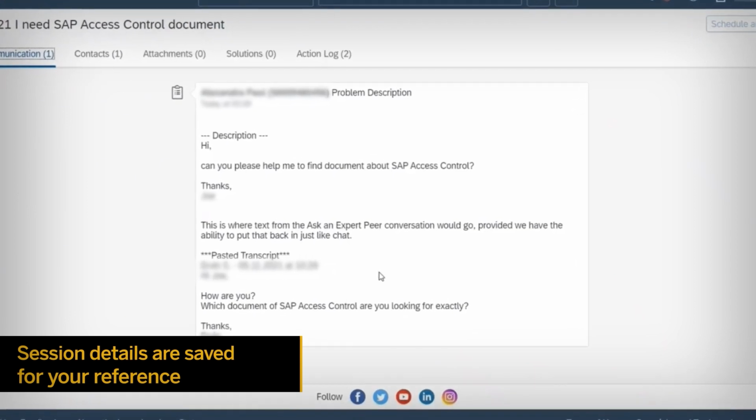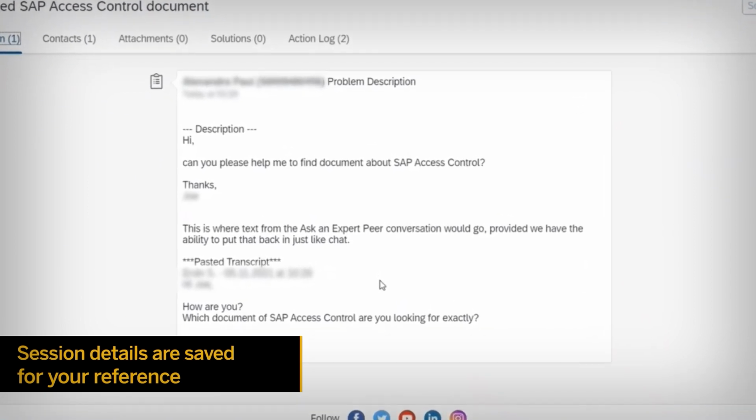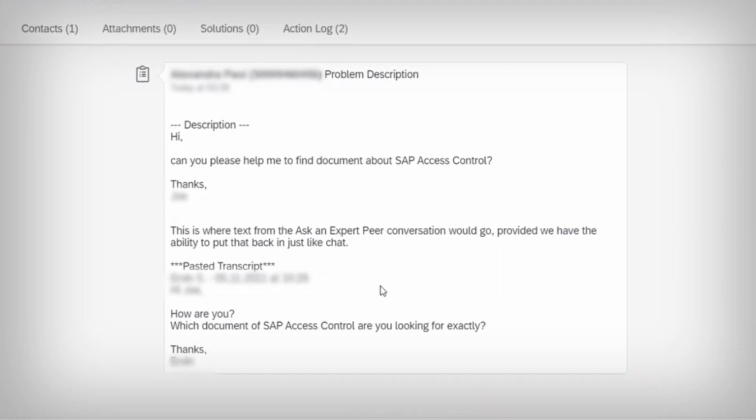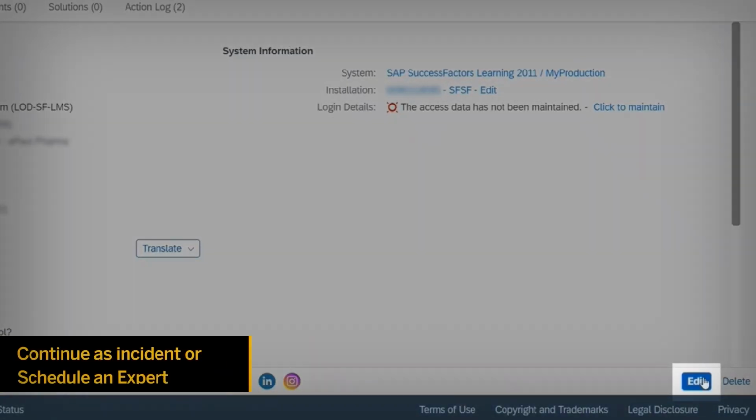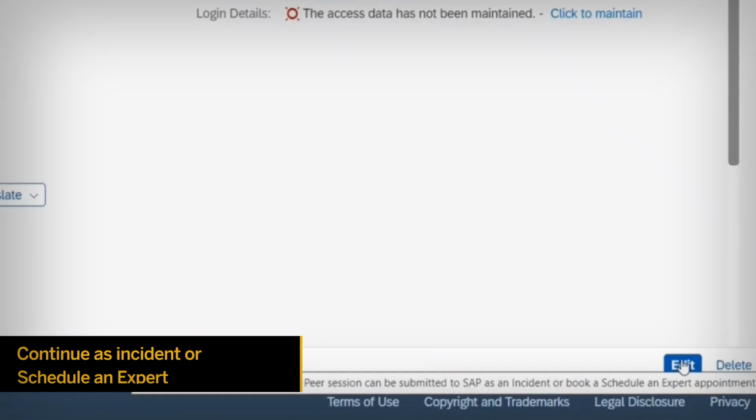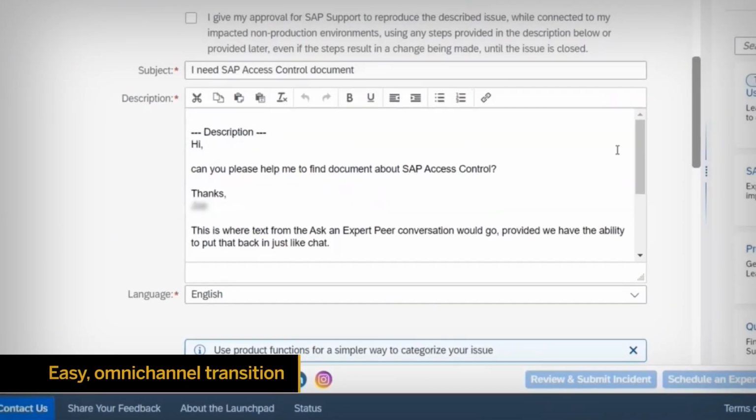If your issue is not resolved in your Ask an Expert Peer session, you can choose to continue as an incident. Your chat is automatically saved in an incident, so there's no need to reiterate your issue to an SAP support engineer. If you need further assistance, you can submit an incident or book a session through the Schedule an